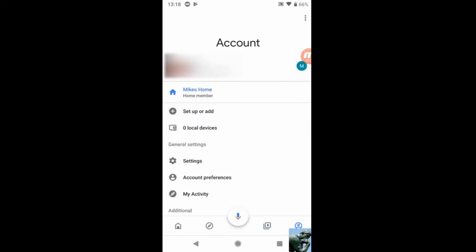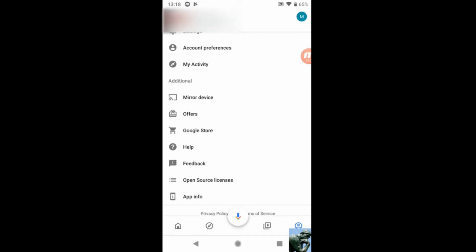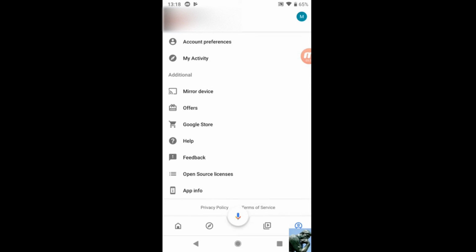Then obviously the account page, which has things like adding devices, settings, preferences, mirroring. They've moved mirroring unfortunately here, and a couple of other areas if you need them,